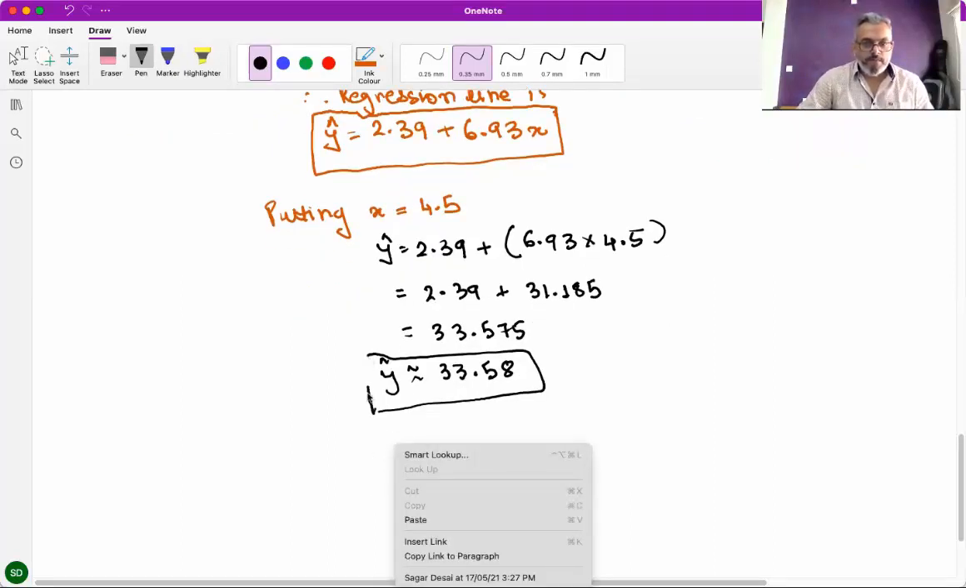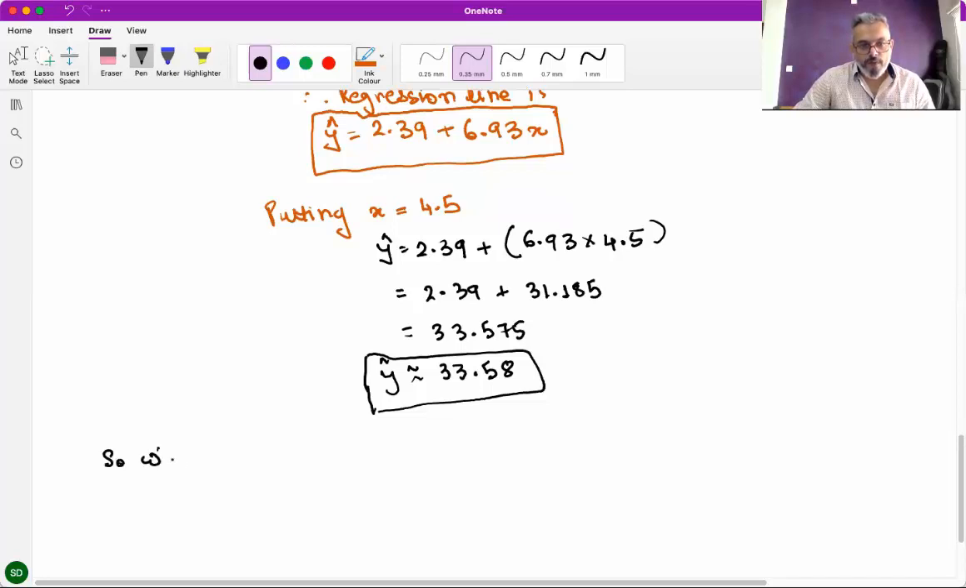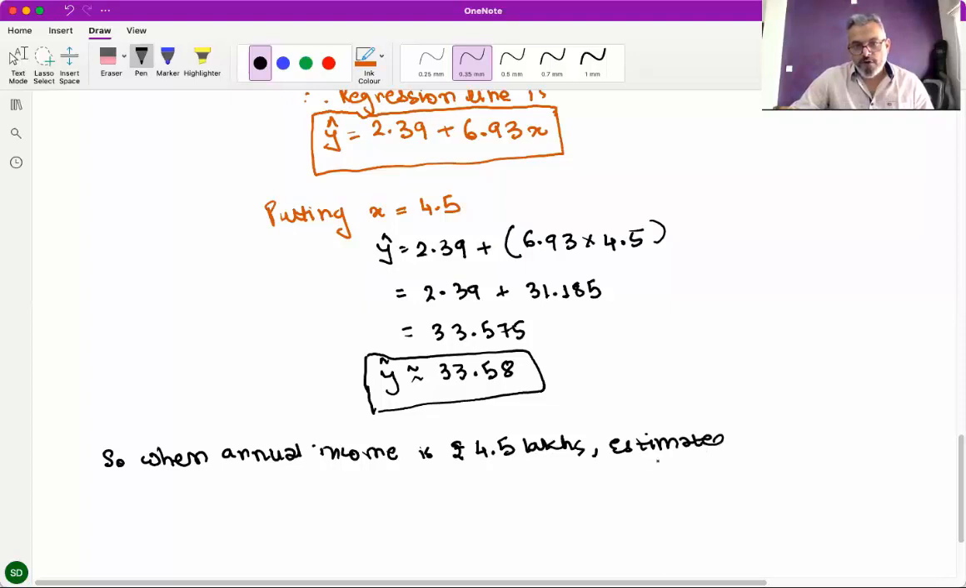Now, we write the final answer. So, when annual income is rupees 4.5 lakhs, estimated, it's a very important word over here, estimate कर रहे हैं हम, estimated investment in mutual funds is rupees